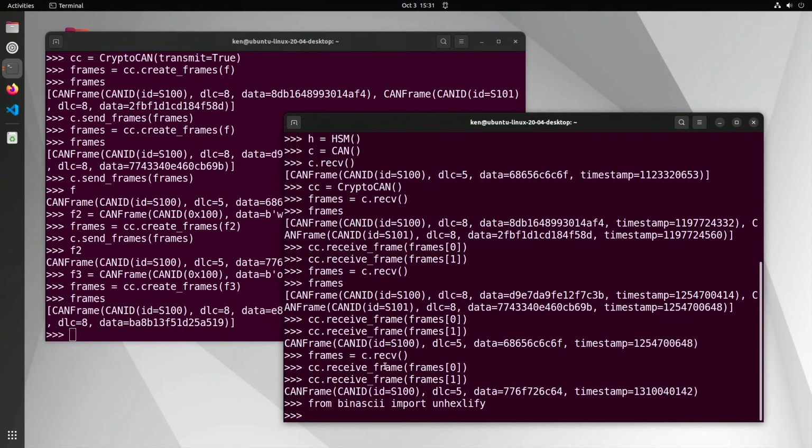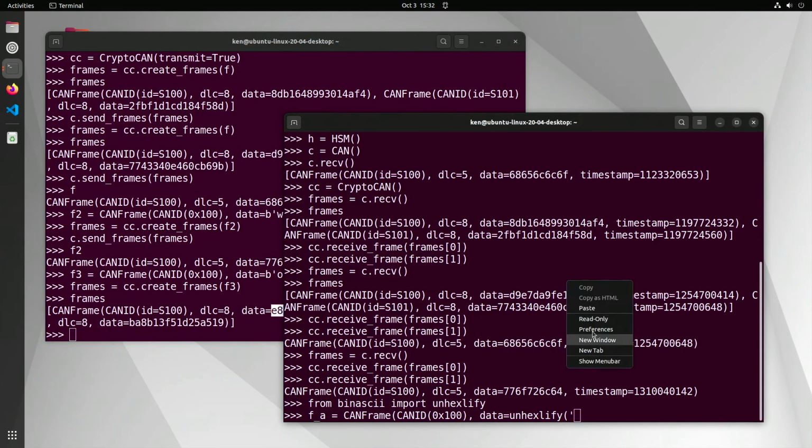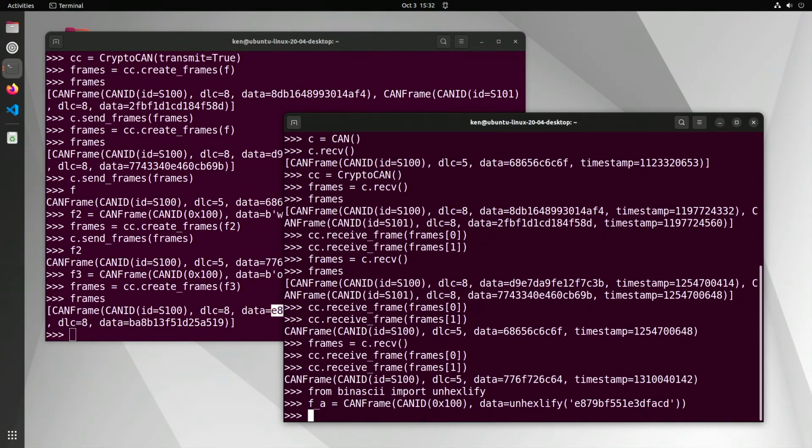Now, what we can actually do is create our own CAN frame, not via CAN bus, but by extracting the information that we know. So the first ciphertext frame has a payload of this, and we can convert it. So effectively we're using copy and paste between terminals